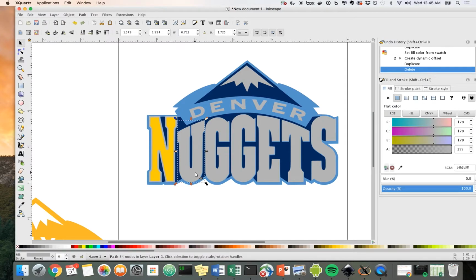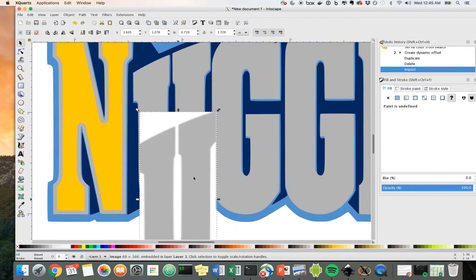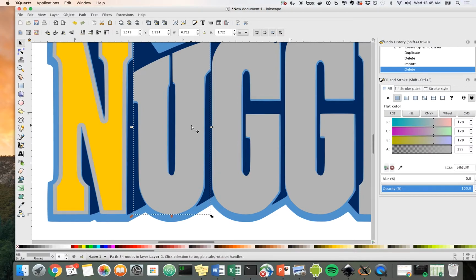If I hit Control C to copy it, and then Control V to paste, it actually pastes it off screen, in a different location, and it's no longer that really nice vector image. It becomes a raster image, and we don't want that. So I'm going to hit Control D,